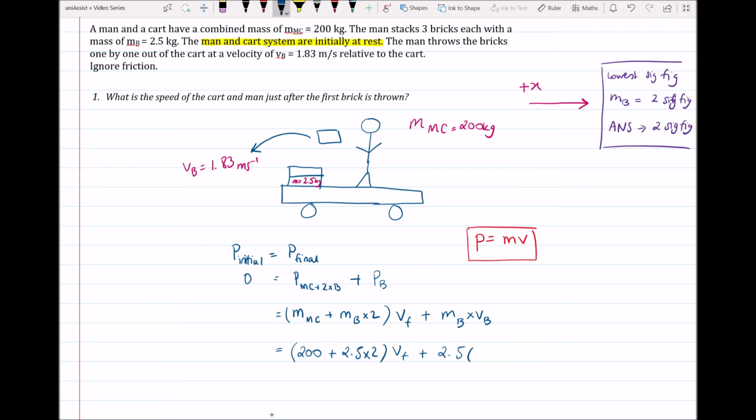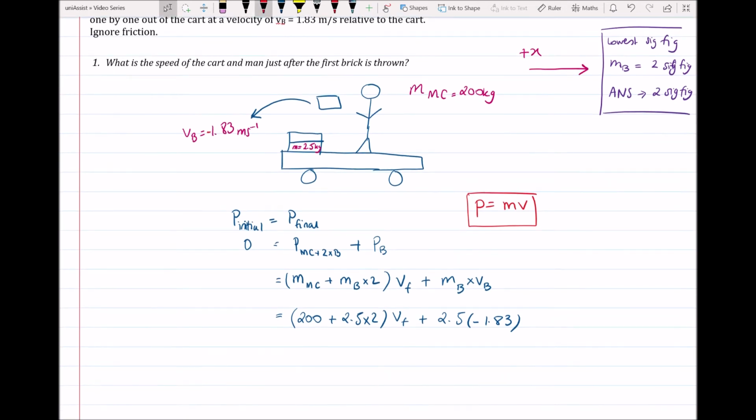So don't forget that, but it's minus 1.83. I can even go back and put a minus sign in front of this here, just to make it a bit clearer that it's going in the negative x direction. So what does that give us? VF is equal to 0.022 meters per second if you want to keep it at 2 sig figs, because